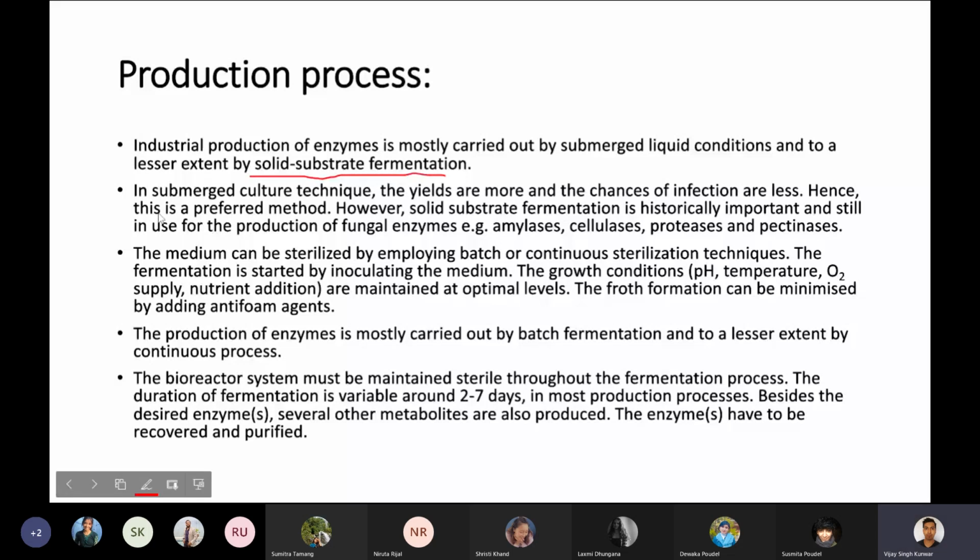So in submerged culture type, the yield is higher and the chances of infection are less. Hence, this is the preferred method. However, solid state fermentation is historically important and still used for the production of the fungal enzymes, amylases, cellulases, proteases,